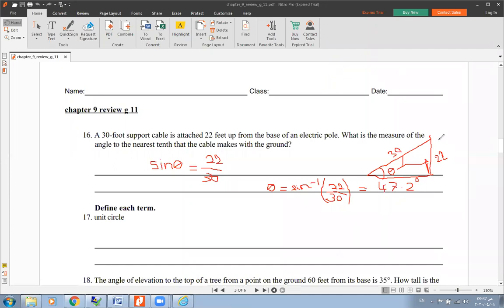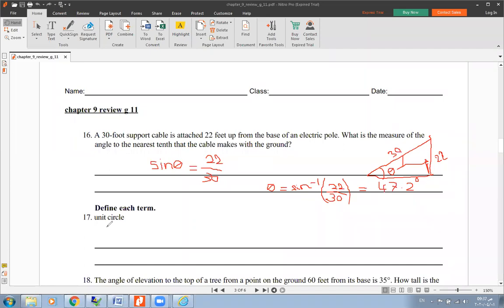First, we draw a triangle like what Nasser did. After that, we put the information on the triangle. From that, we deduce that we use sine because we have the opposite and the hypotenuse. Shift sine for the result, we get the angle. Okay. We're going to